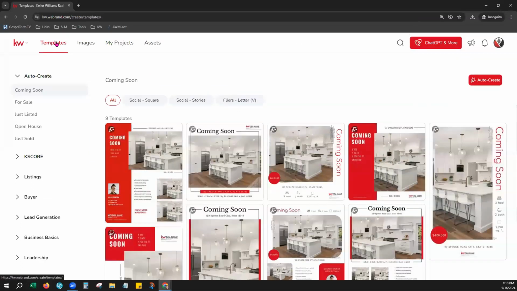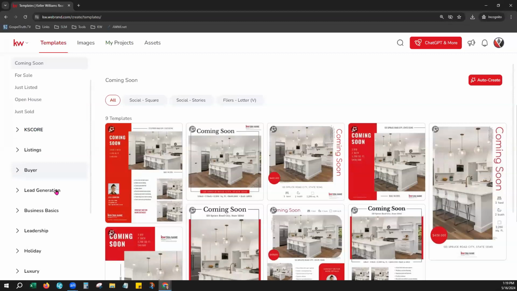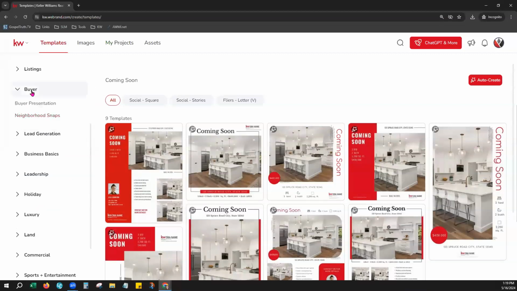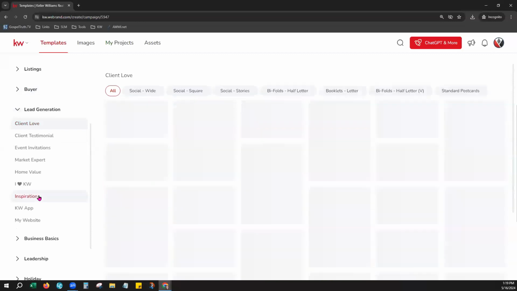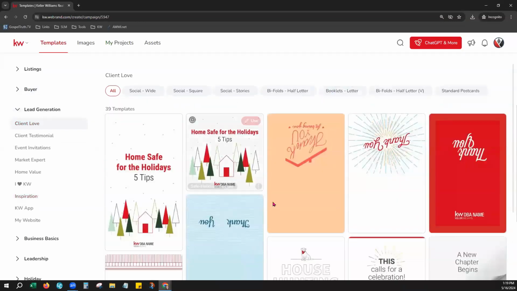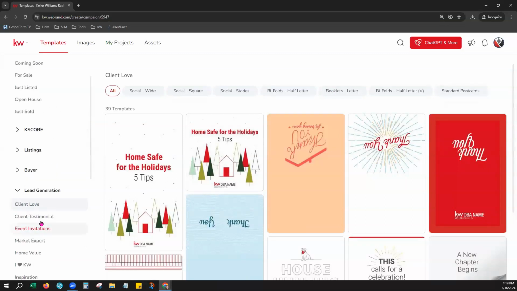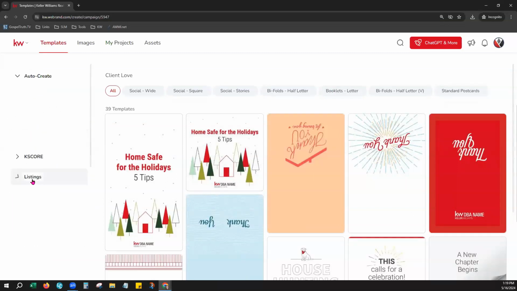So over here, when you go to templates, now notice you have a ton of folders that you can jump into over here. You even have buyer. And if we were to click on like lead generation, client love, okay, so see that you have a lot of different options back over here for your templates. When we jump into listings here, like for sale